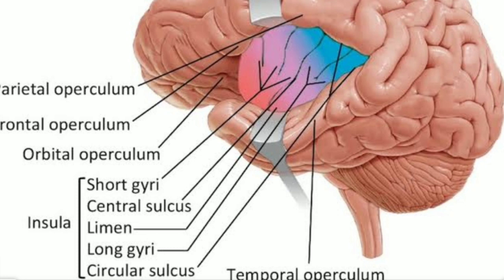The quick recap about the external features of cerebral hemisphere are: it has 3 poles, frontal pole, occipital pole, temporal pole, and 3 surfaces: supralateral surface, medial surface, inferior surface, and 3 borders: supromedial border, infralateral border, inferomedial border, and 4 main sulci: central sulcus, lateral sulcus, parieto-occipital sulcus, and calcarine sulcus, and 4 main types of sulci, that is limiting sulcus, axial sulcus, complete sulcus, secondary sulcus, and 6 lobes: frontal lobe, parietal lobe, occipital lobe, temporal lobe, insular lobe, and limbic lobe. That's all about the external features of the cerebrum. Thank you.